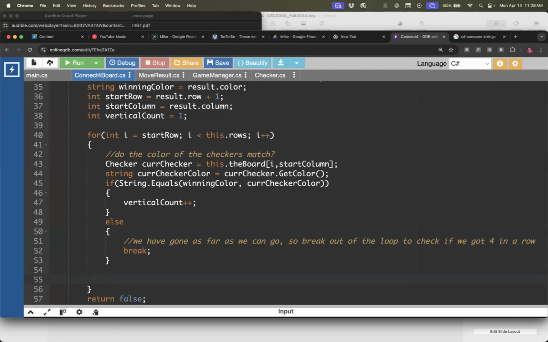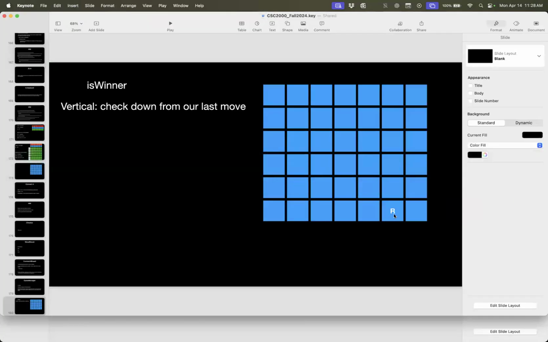Another thing that might get us out of this loop is that we run off the end of the rows, right? So with that in mind, do we actually have to put an if statement in there for that? Or does the loop already handle that logic for us? This loop is going to start off at start row, and it's going to keep going as long as we are looking at a row that's less than the total number of rows. So it's going to bail us out. You know, we might only get to check 2 rows, or in our example here, we're not even going to get to check any rows, right? By the example we were looking at over here, if I start right here,